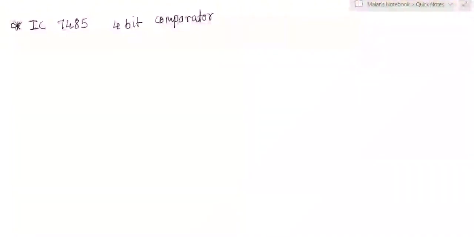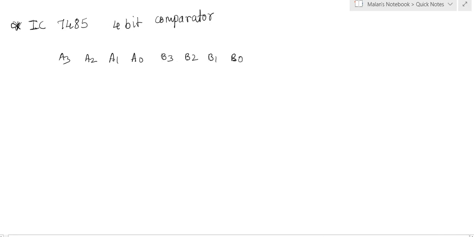Now, similarly to the 2-bit comparator, the 4-bit comparator is going to compare two variables which are 4-bit in size. If I say that there are two variables, variable A and variable B, then the 4-bit variable A with bits A0, A1, A2 and A3 is considered, and variable B with bits B0, B1, B2 and B3 is considered. And the inputs A and B,